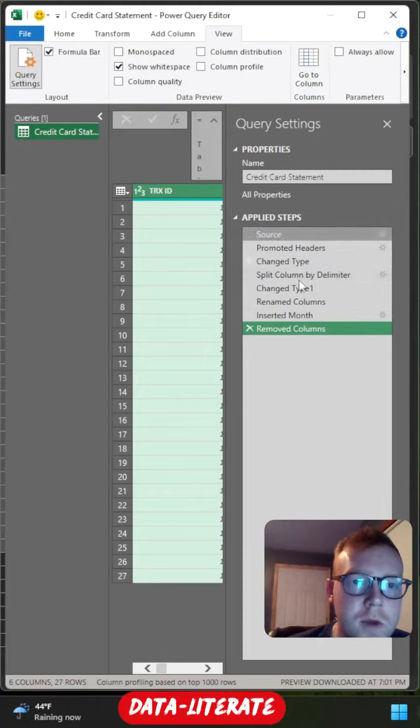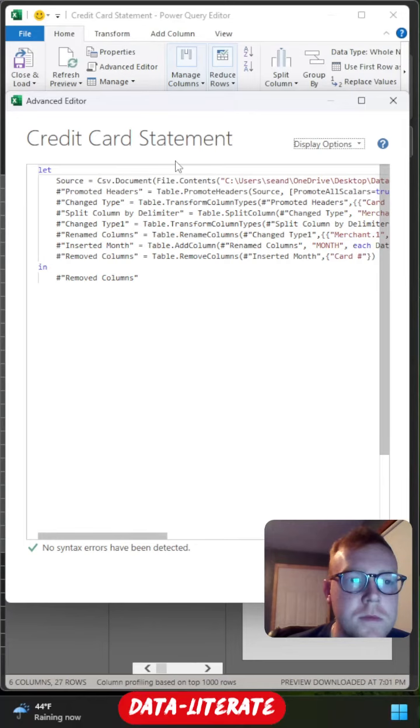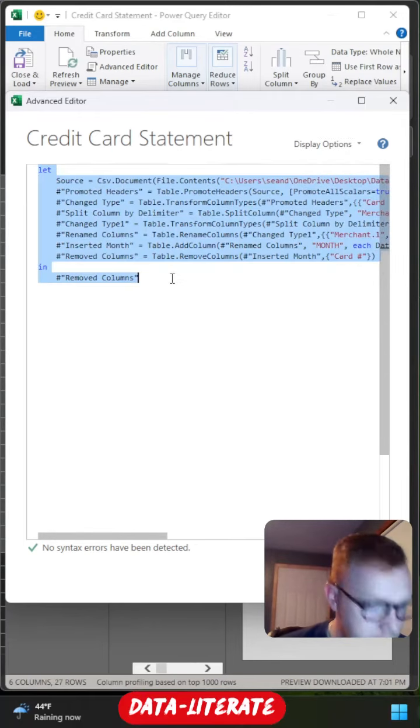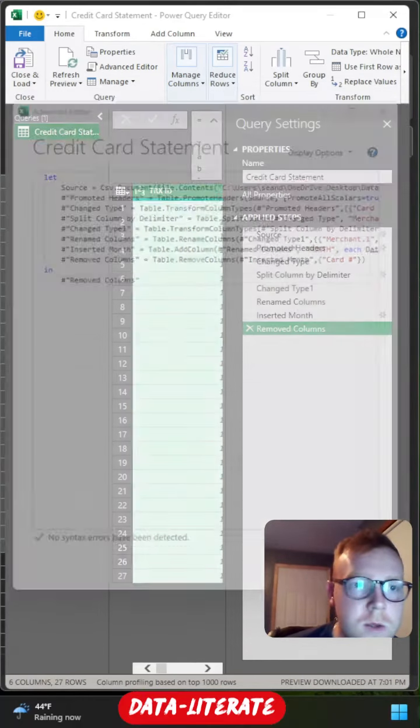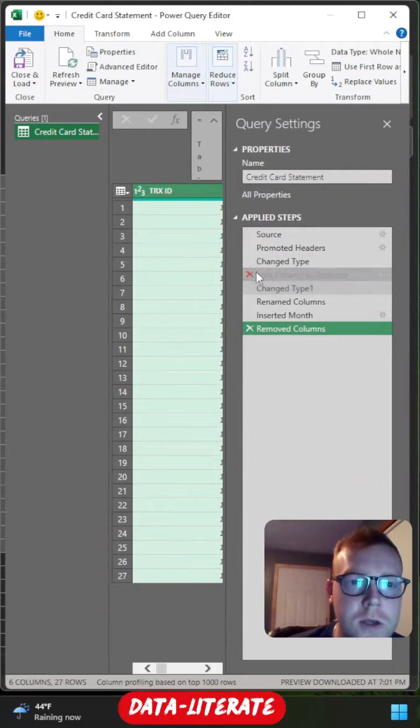Another tip is if you have multiple steps and you're trying to remove a step or maybe insert a step and you don't want anything to break, what you can also do is go to the Home tab and go to your advanced editor. You can copy this code, put it into a notebook or something, and then from there you can try making your changes. So let's just say, for example, I'm going to remove this, which will break the query,